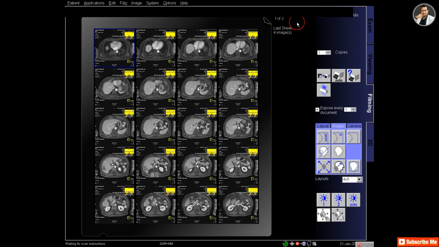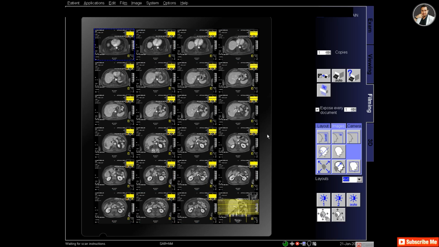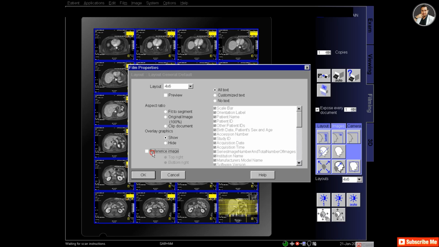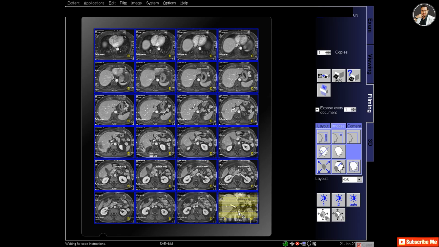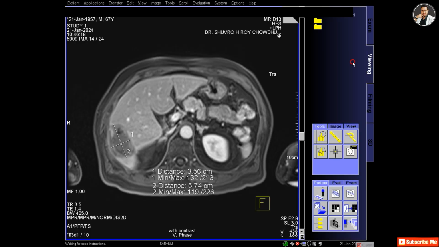I will print this and select the series and send it to the filming, and in the filming 4:6 layout, check out the reference image, adjust the reference image and print out.